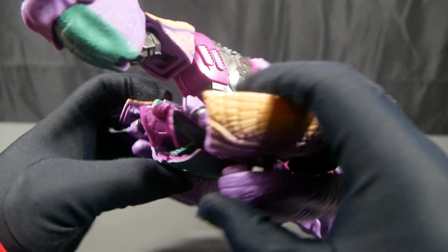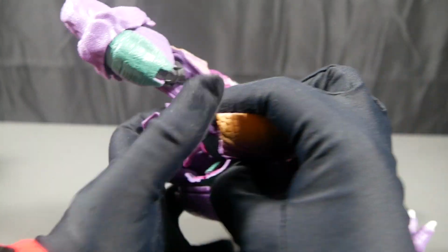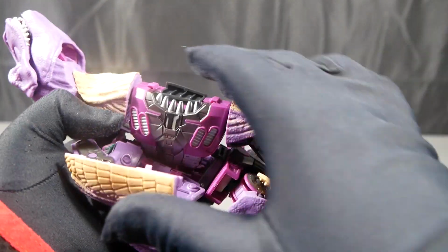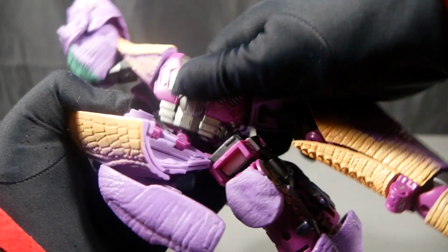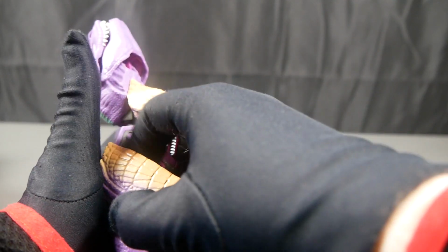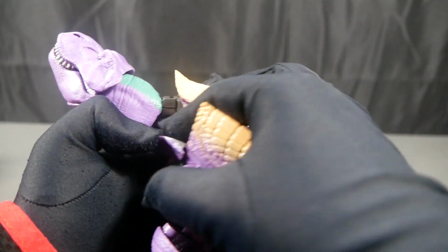Anyway, now we're going to focus a bit more on the backpack. So unfold these two pieces right here. You can then take this and just push it down like so, just to keep it in its place. I don't know if this actually tabs in. It doesn't seem like it actually tabs in, but it doesn't matter. Also rotate the head around and do this, I guess. But anyway, then what you want...